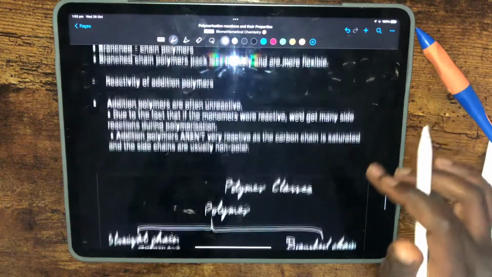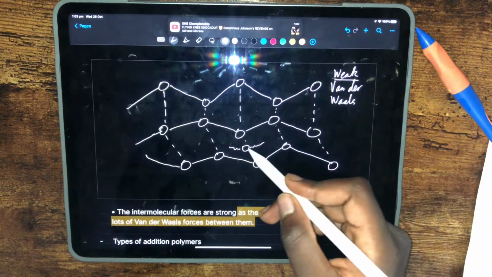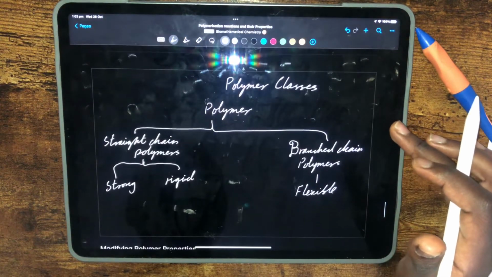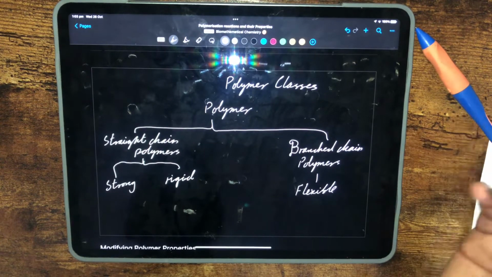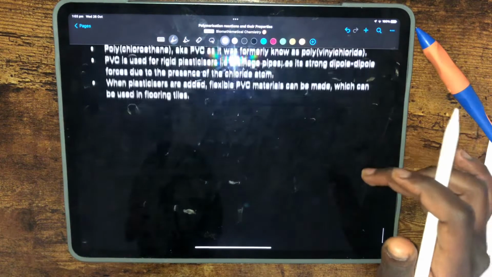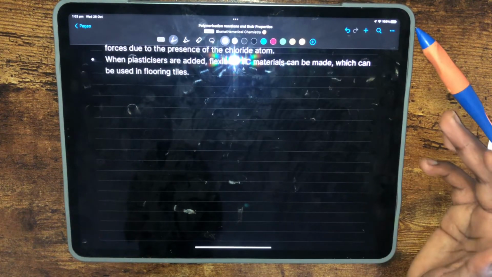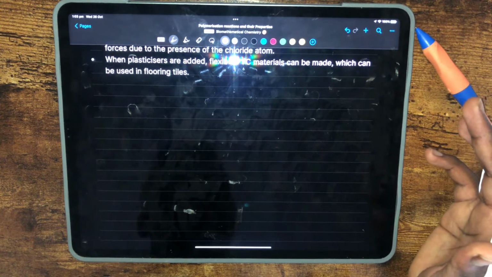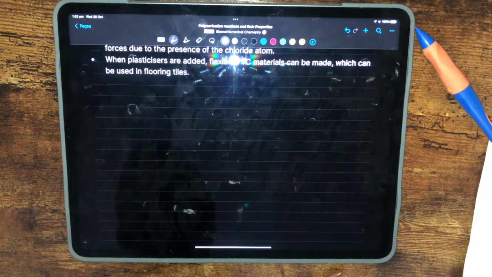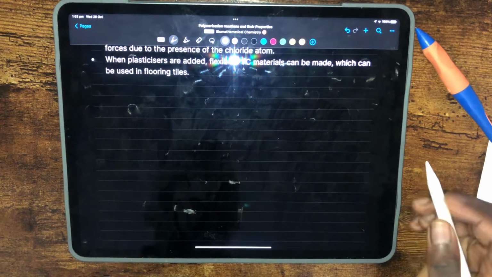Phthalates, this is obviously not what it looks like, it's just me doing a scribble. You do need to know of them, but not of their structure. You just need to know, for example, PVC or phthalates, and you need to know what plasticizers actually do and how they could be useful. Because you're never going to get a question that just says what they do. It's very unlikely you're going to get that in a chemistry exam. It's more, how can it be applied? And I guess just to show your understanding, you know,